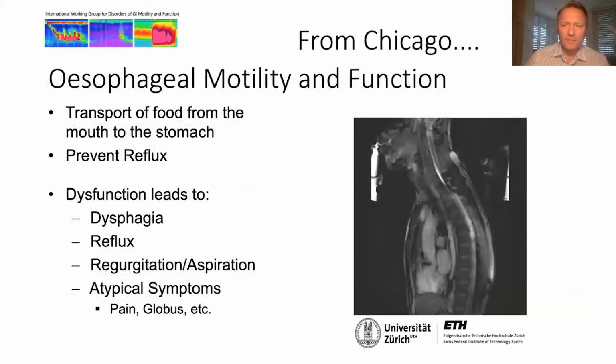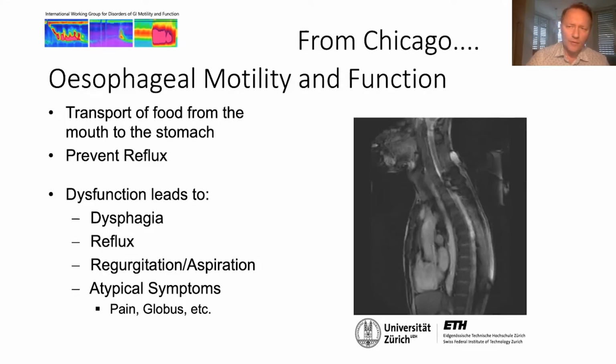When I was starting in the field, esophageal high-resolution manometry was just in the process of being developed. Work by Don Castell, by Radu Tutuian, had made it clear to us that motility alone, manometry measurements alone, did not fully explain what was going on. It was really only when motility led to abnormal function that symptoms commonly occurred. And for the esophagus, when transport of the food from the mouth to the stomach was interrupted, or when the esophagus failed to prevent reflux. This is key,